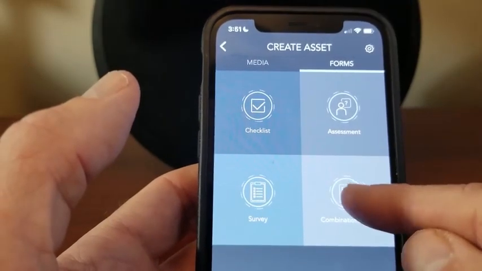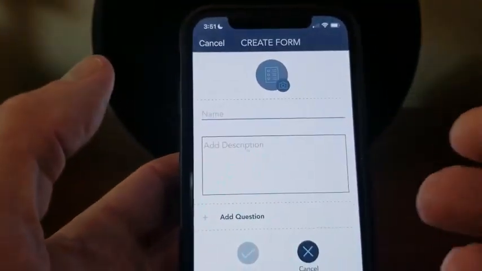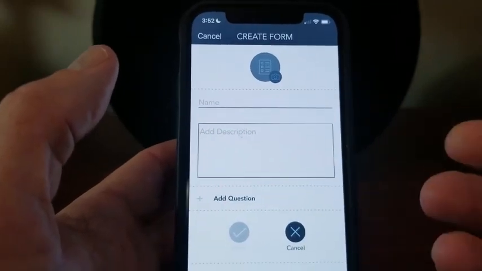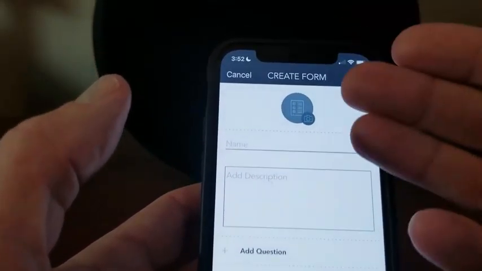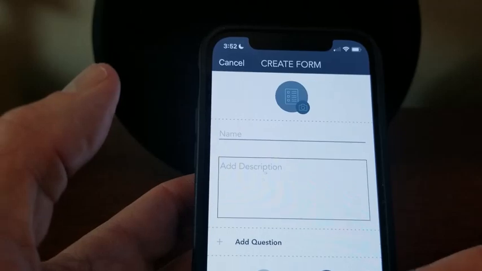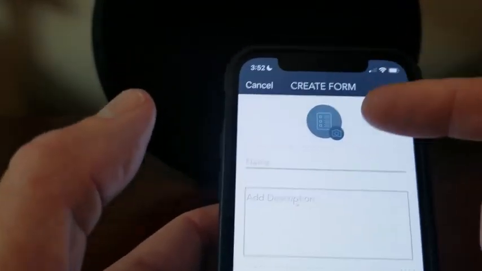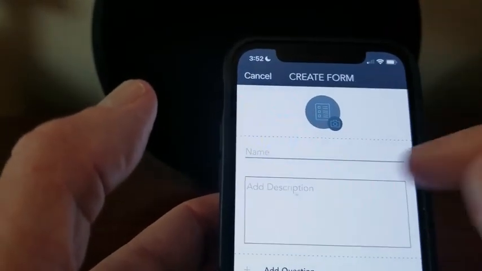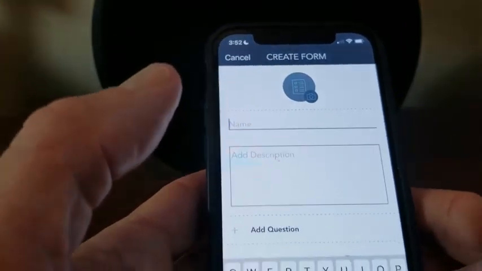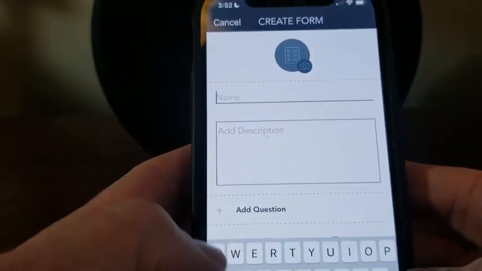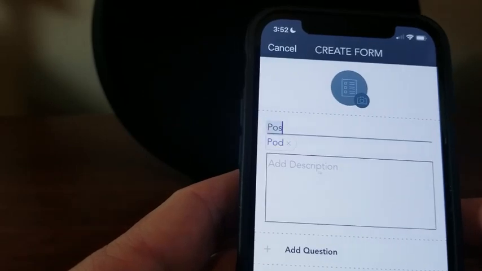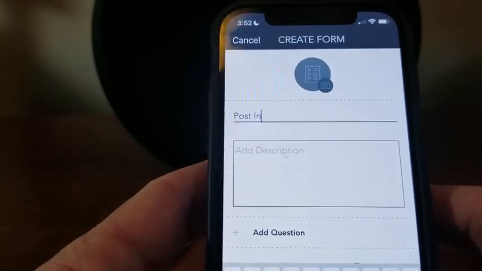This Create Form screen is very similar to other screens used to create assets, so we always want to start at the top and work our way to the bottom. So let's go ahead and skip this image thumbnail for this example, and we'll enter a name for our combination form. Let's call it Post Incident